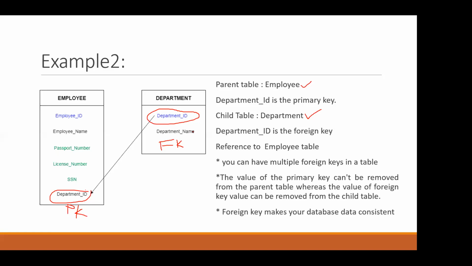So there are many relations. Similarly, one table can have multiple foreign keys, but one table has only one primary key, that is either one primary key on one entity or a composite primary key. Remember that a composite primary key is also considered only one primary key. This is very important.